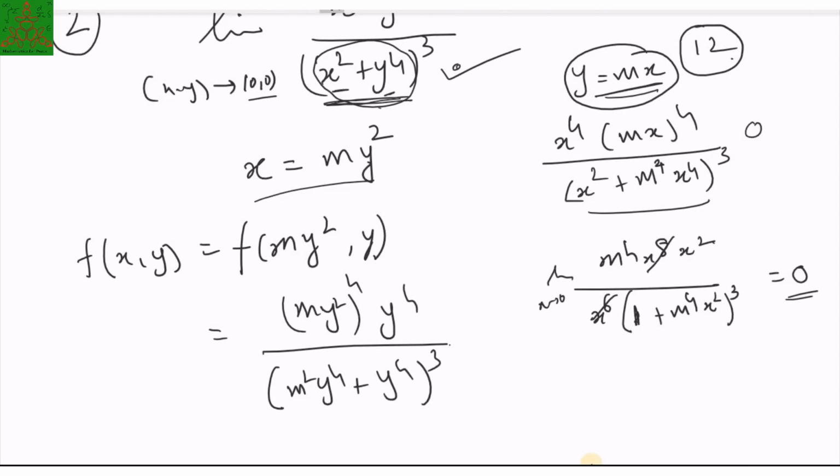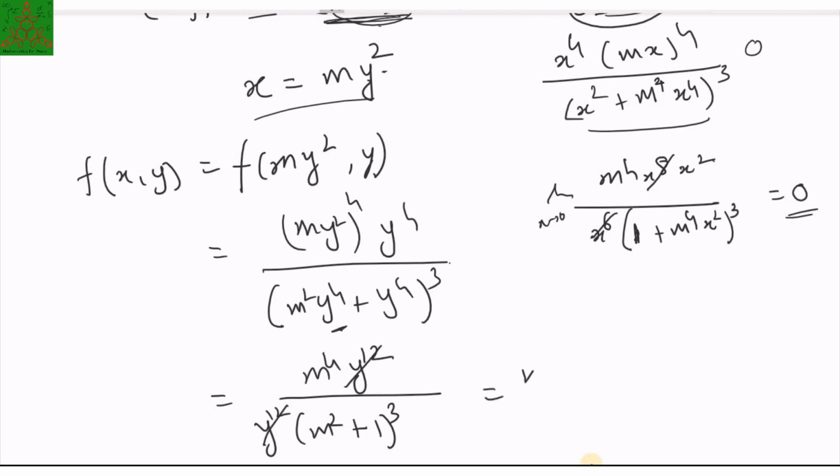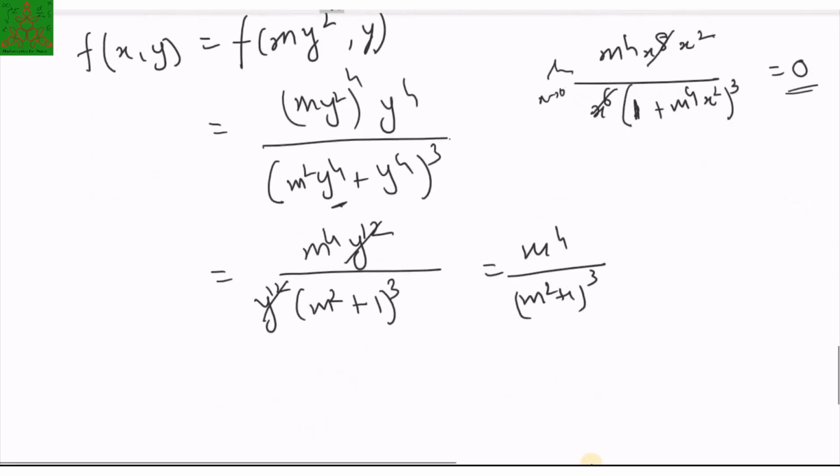Now what will happen is, due to this x square and this y square, this will become y power 4. So this y power 4 will get common out and that will be 12. Here also you can say it is 4 into 2, it is 8 plus 4, so it is m raised to 4 y raised to 12 upon m square plus 1 cube into y raised to 12, because y raised to 4 is common out, power cube is y raised to 12. So that will cancel out and you will have m power 4 upon m square plus 1 power cube. And if you take a limit,